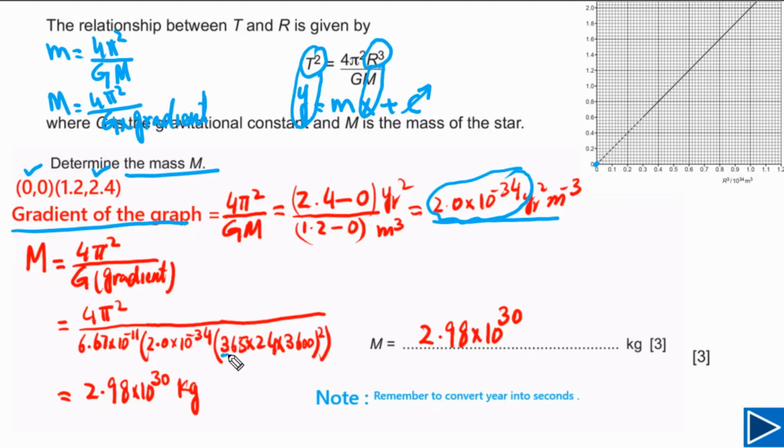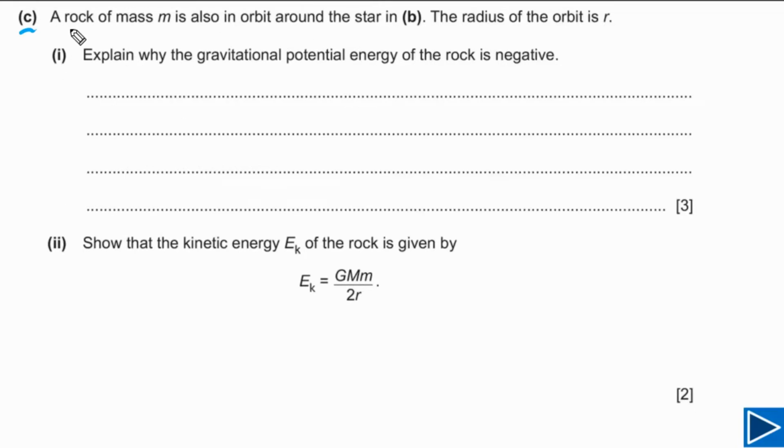So this is 365 days, 1 day has 24 hours and 1 hour has 3600 seconds, and this is our final answer. Part C question is telling us that a rock of mass small m is also in orbit around